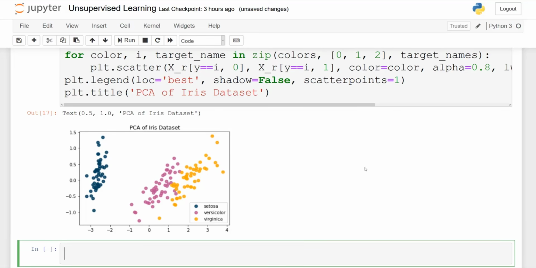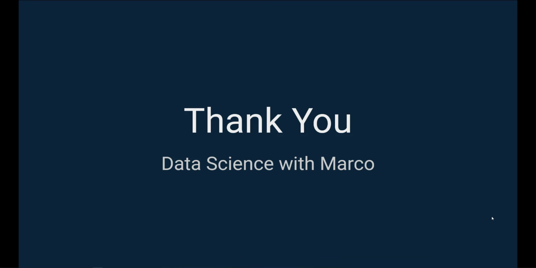Running this cell, as you can see now, we get this plot right here, and so you can visualize in 2 dimensions a dataset that contained 4 features and 3 classes. So now you could follow up with some classifier, maybe decision trees on this transformed dataset to classify each kind of flower. Alright, so that's it for this data science crash course.